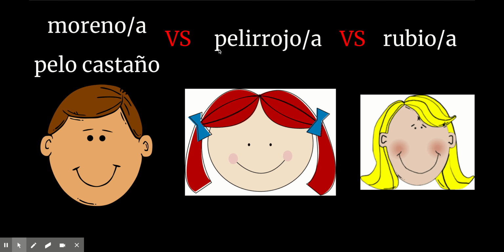Notice the difference here. We got that P-E-L, P-E-L, because pelo, chicos, pelo means hair, okay? So in this case, they just kind of combine those two words. If you know the color red, rojo, they kind of smush them together. Pelirrojo, pelirroja. And if you are a blonde-haired individual or light hair, if you have light hair, you would be